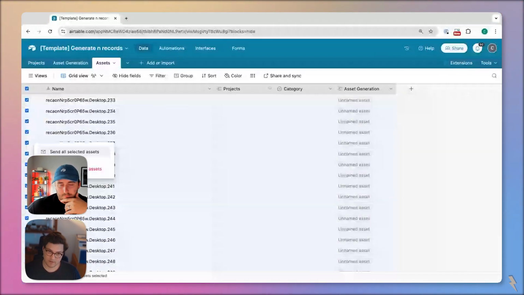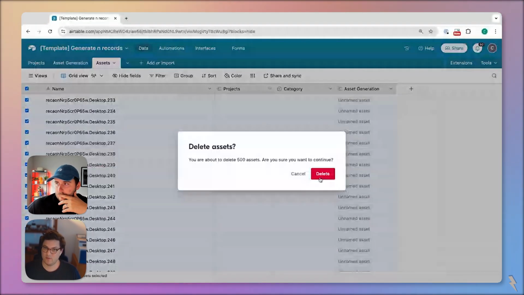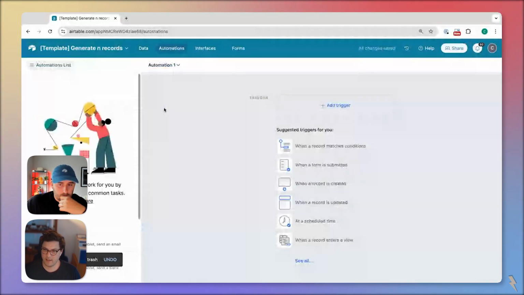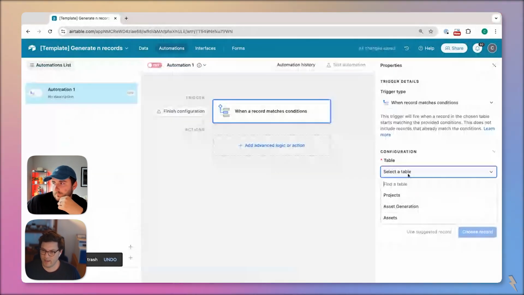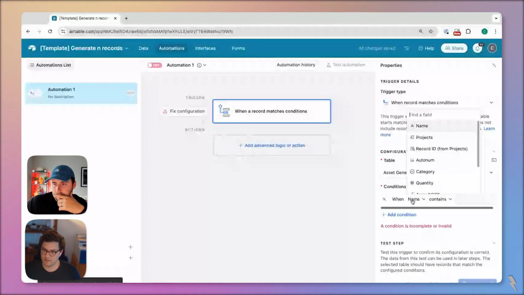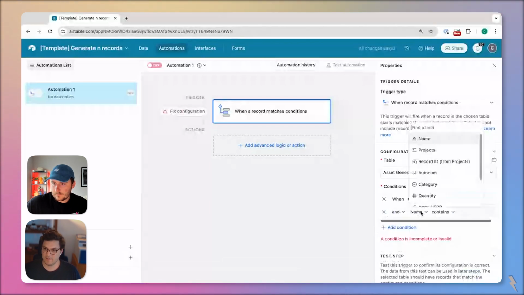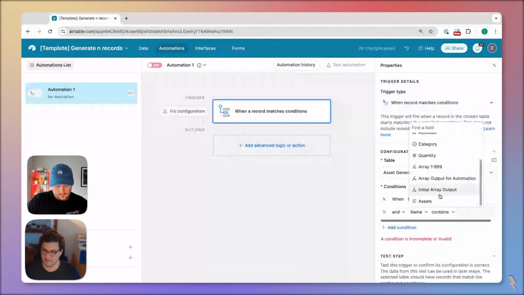So let's delete these records. We don't need them to be there right now. Let's do this with an actual automation. So I'm going to go over to automations, and I'm going to say when asset generation quantity is greater than 0 and the assets is empty,